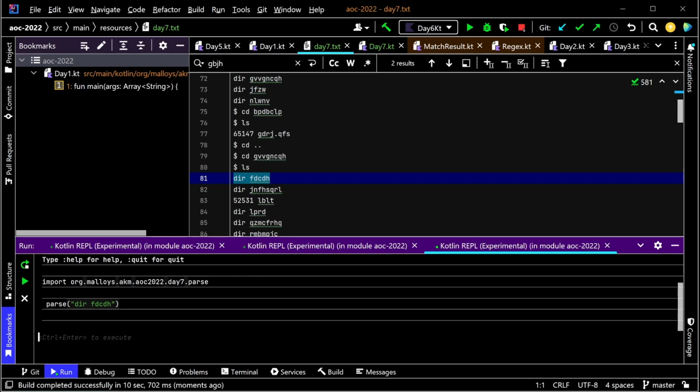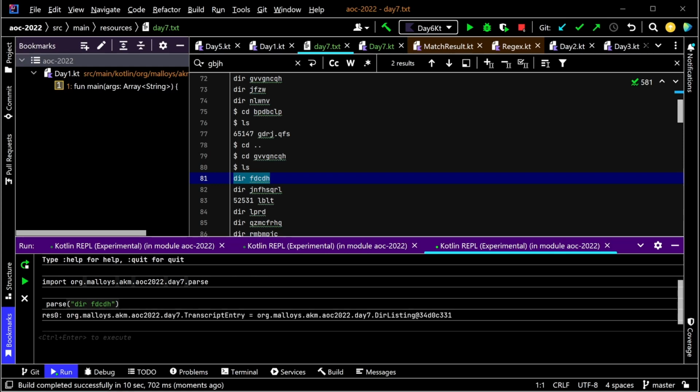God, it's so slow. Even JShell is faster than this. It's a transcript entry that's a dir listing, and we don't care at all about it, because dir listings are all the same. And if I said to parse this,